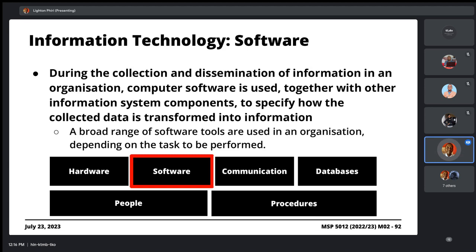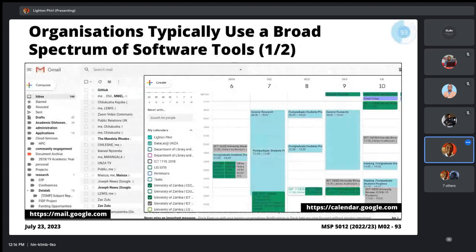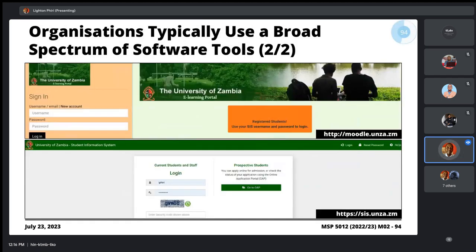All right. And it turns out that this broad spectrum of computer software can be categorized in so many different ways. So for instance, we have web-enabled software, which are software tools that are hosted or installed on remote computer systems. You have so-called desktop applications, which are software tools that you have to explicitly install on your microcomputer, for instance. We have mobile applications. This is a broad array of software tools.